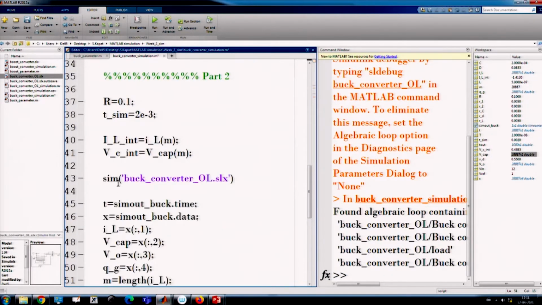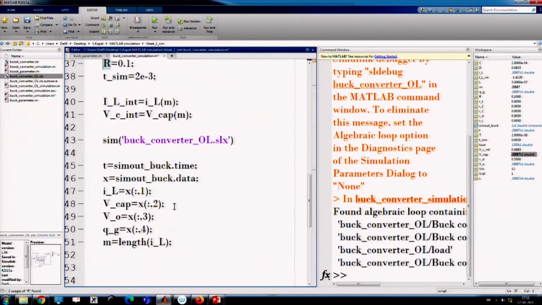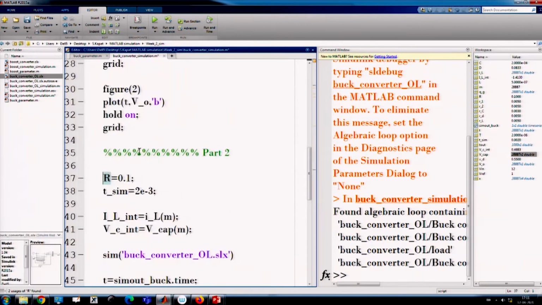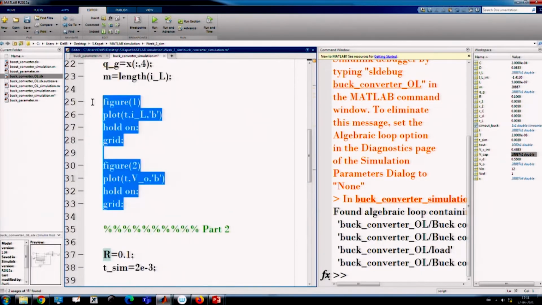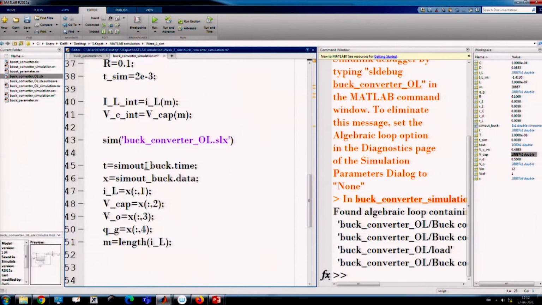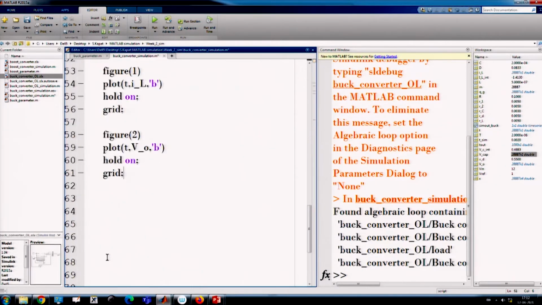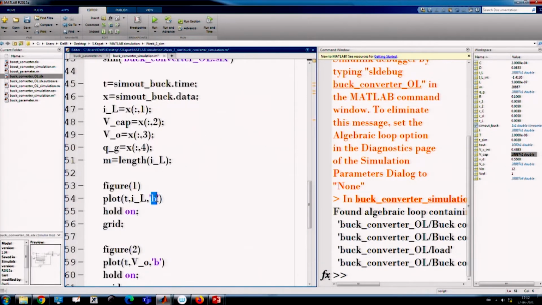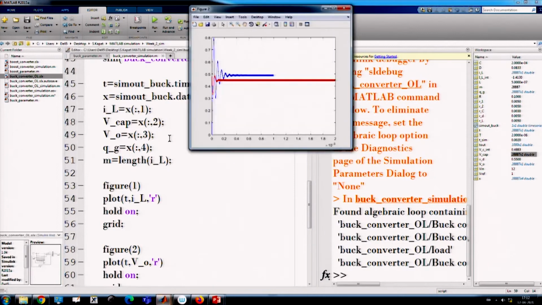Okay, doing this exercise, sim. Now, for this I set the initial condition, I have only changed the load resistance, I am calling everything, and again I can plot this. Now, all this data will be overwritten, and now I plot the red one. So, let us run the simulation. If you run it, you will find